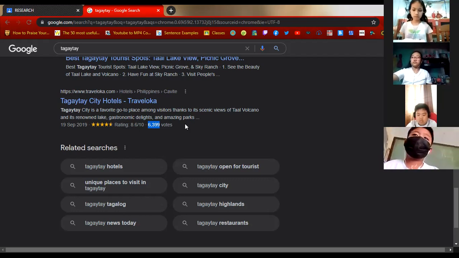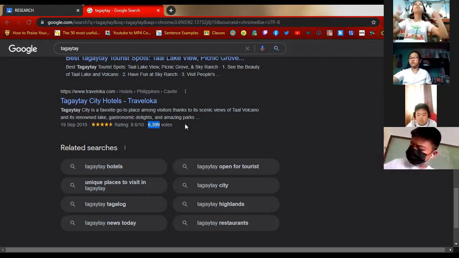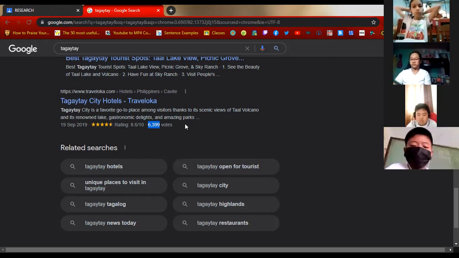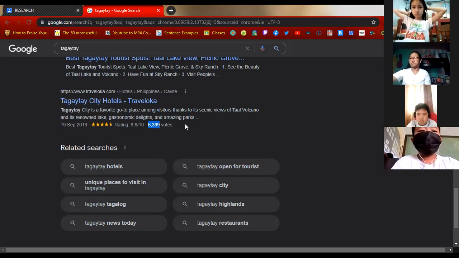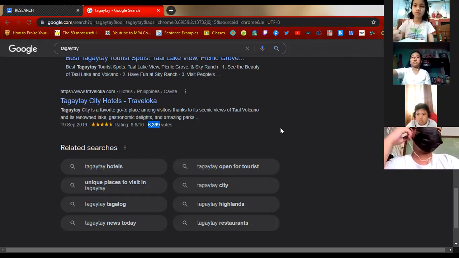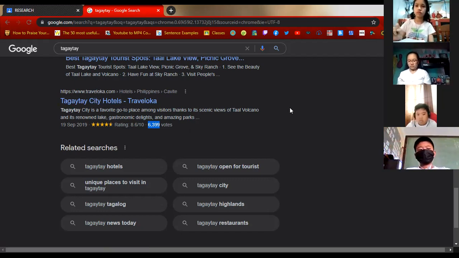So kapag ganyan ang ratings, it means that the said website, which is traveloka.com, ay more reliable. Kasi it has high ratings. So masasabi natin na may basehan ang kanyang mga details or the information that can be found in traveloka.com.